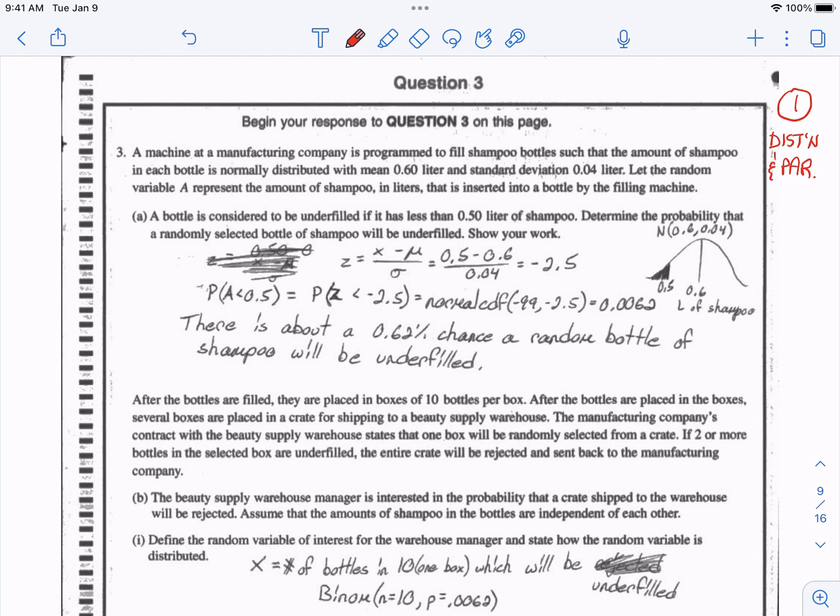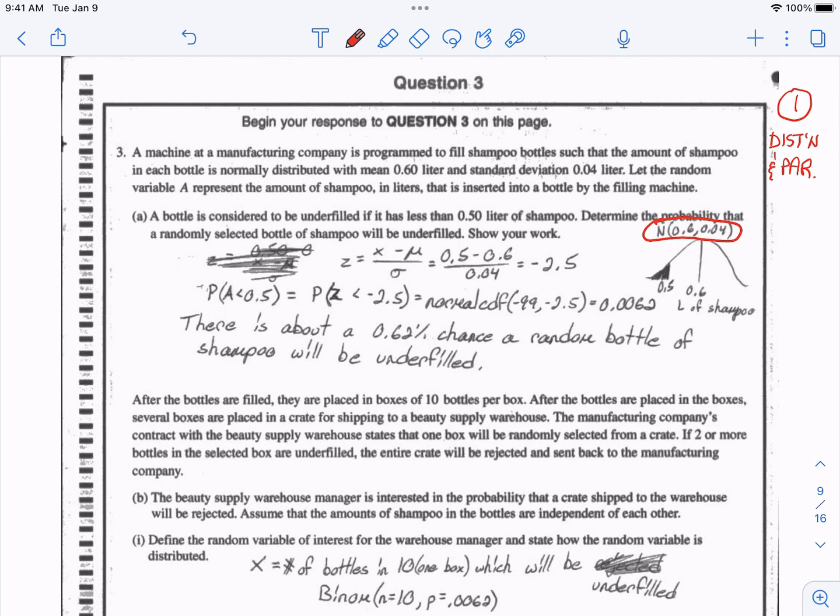So if we can imagine, these are actually different students, because some students will just do a picture, or they'll do a formula, or they'll do words, or they'll do something else. So this student has many, many layers. First of all, they would get full credit for a normal model and the parameters simply by this standard